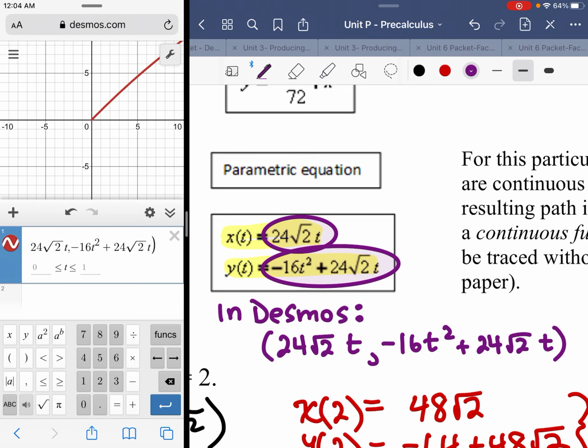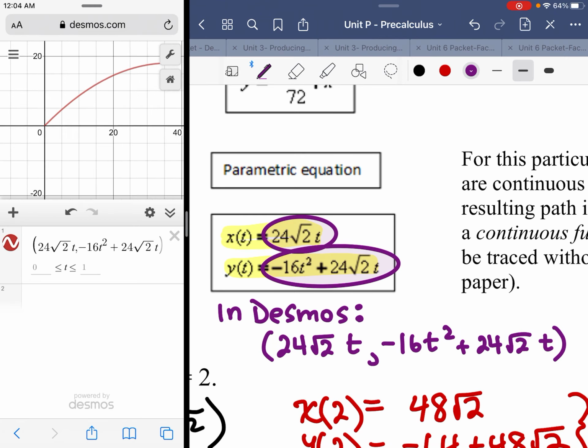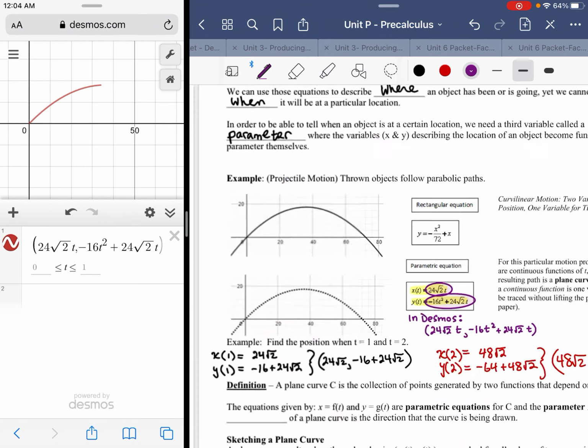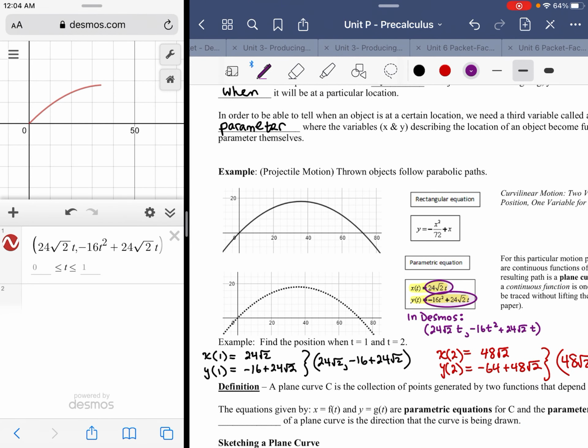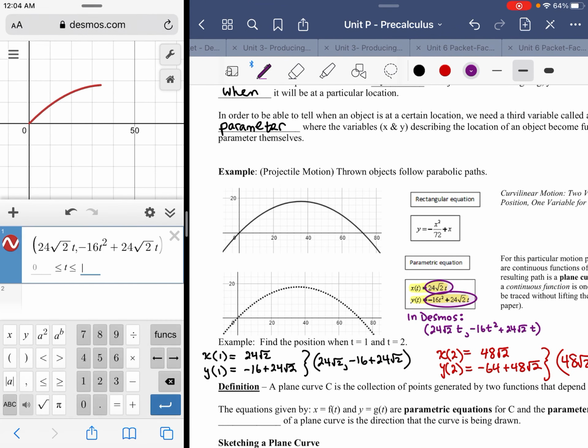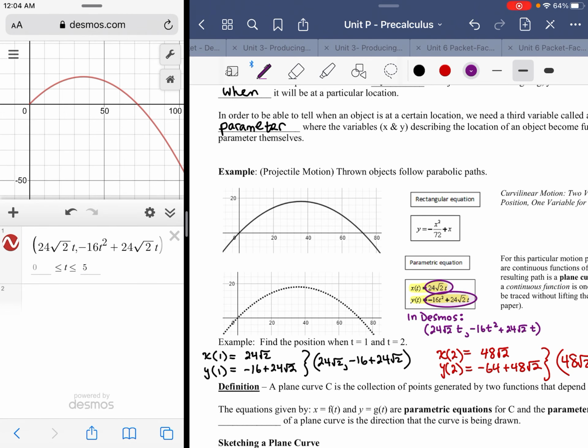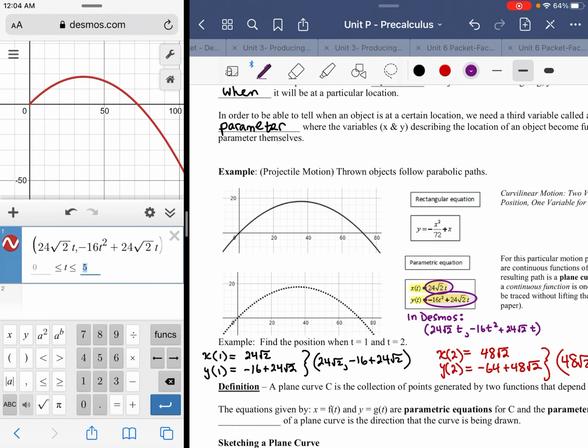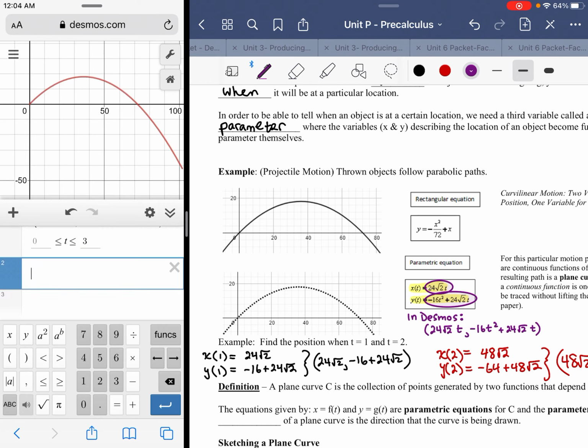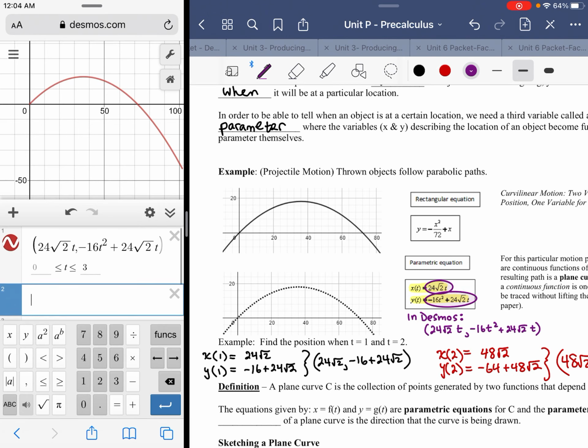Now, you're always going to have domain considerations, so I'm looking at this graph and saying, it's not quite what I want, but it's almost what I want. It looks like it's shaping up to be that graph. I just think I need to go out a little further. Yeah, 5 seems to do it. 5 probably overdid it. 3. 3 was even overdoing it. 2, not quite enough. 2.1, 2.4,